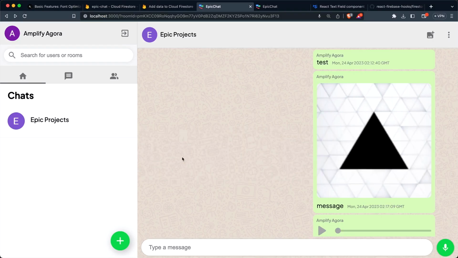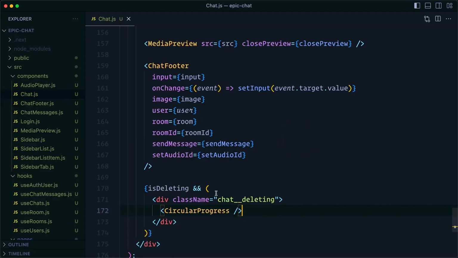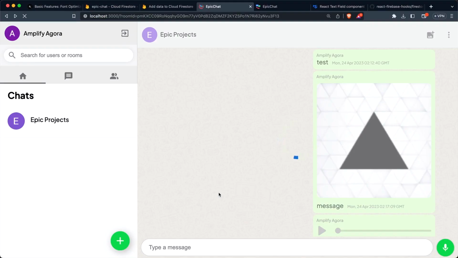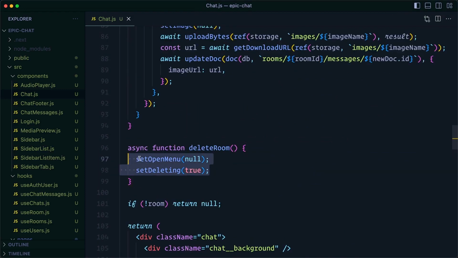So to just test this briefly, if we wanted to delete our room, we'd see a big circle progress. You see the opacity is lightened. So this is what we'll see when we're in the process of deleting a given room. Let's reload, and the rest of the contents of delete room is going to be some logic to figure out